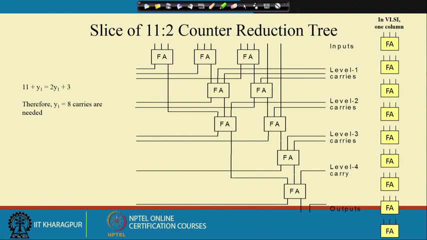So, this structure is very much regular. I have not used anything like a full adder, then a half adder, then carry propagate. At the very final level I have to use the carry propagate adder, but that is a different issue. Unlike the Wallace tree and adder tree methods, if I use this kind of structure or compression method for each position, it gives me a very regular structure, which is very useful in VLSI architecture. Okay.